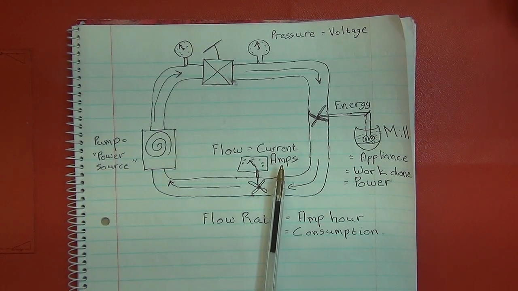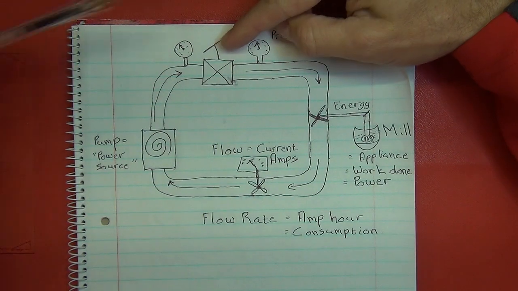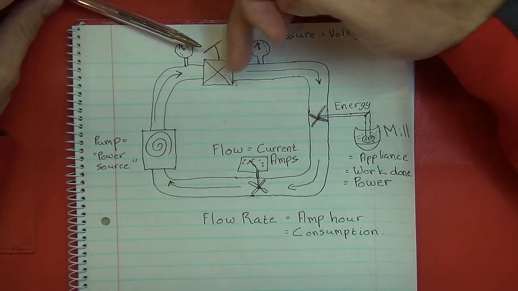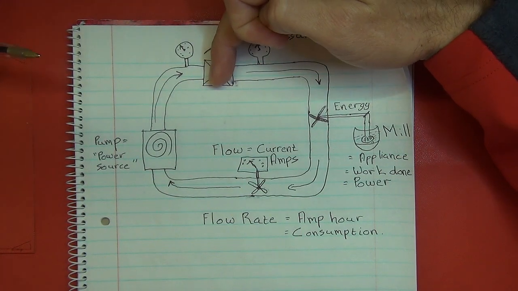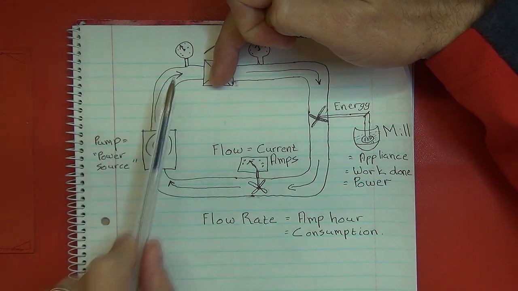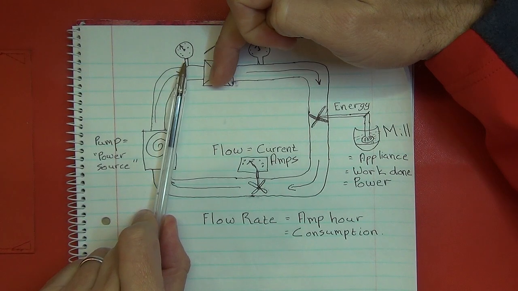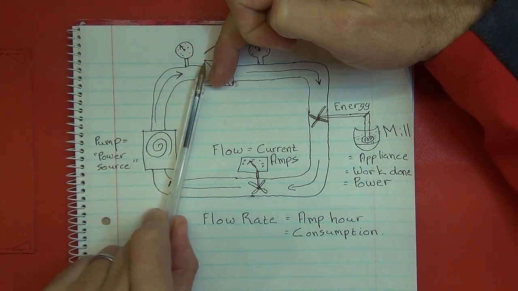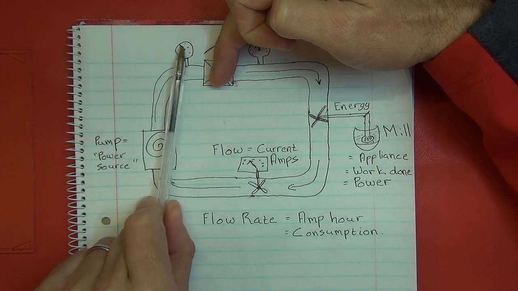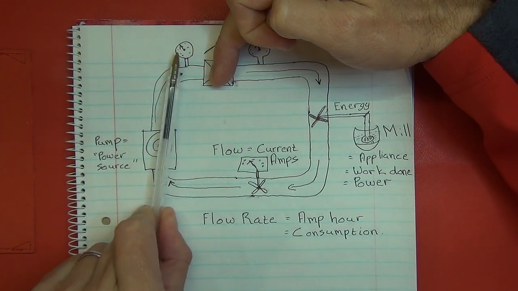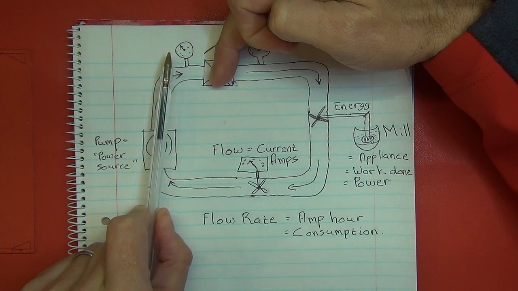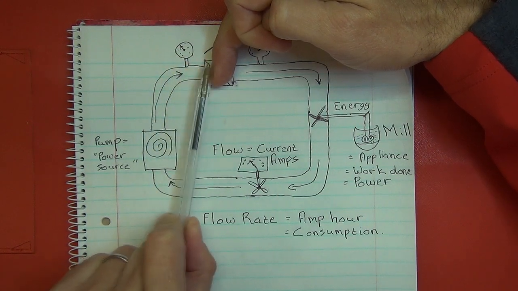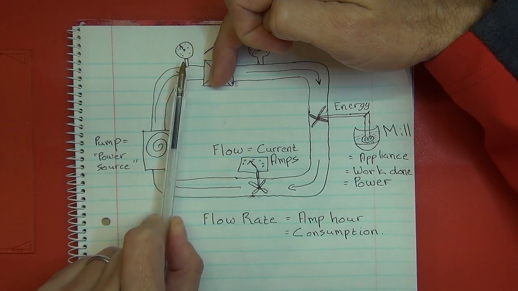And so there's something quite important to understand. Let's pretend that I close this valve over here so that I have no flow of water. Do you understand that this pressure gauge over here is still going to show you pressure? The water's pushing against it, pushing up into that gauge. That pressure, remember, is voltage. So you still have a voltage potential pushing hard against the water pressure.